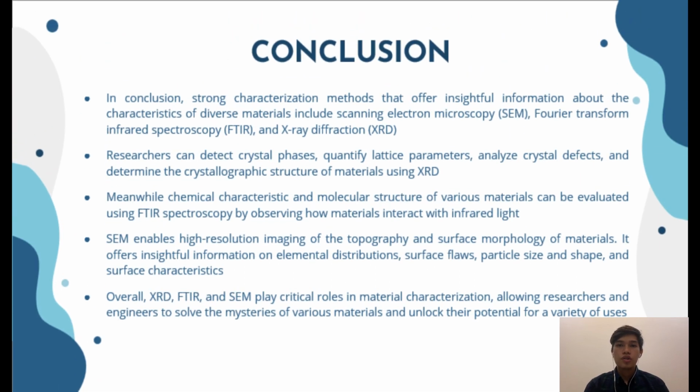In conclusion, strong characterization methods that offer insightful information about the characteristics of diverse materials include scanning electron microscopy, Fourier transform infrared spectroscopy, and X-ray diffraction. Researchers can detect crystal phases, quantify lattice parameters, analyze crystal defects and determine the crystallographic structure of materials using XRD. Meanwhile, chemical characteristics and molecular structures of various materials can be evaluated using FTIR